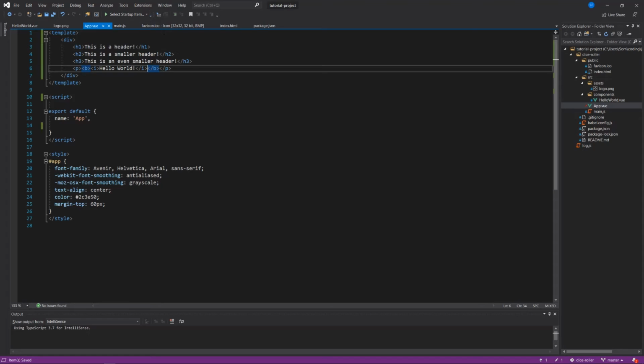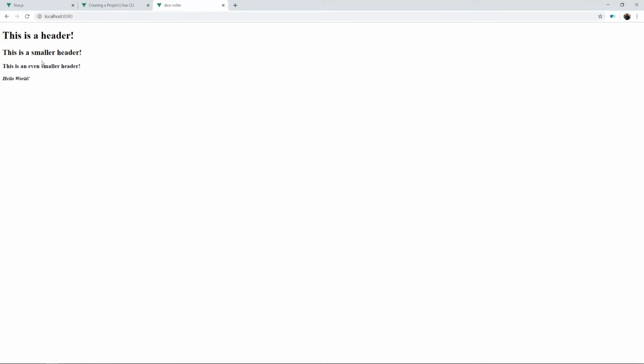So now that I've added both bold, or as we mouse over it, the B element represents a span of text to which attention is being drawn for utilitarian purposes. Whereas the I element represents a span of text in an alternate voice or mood. I really like these tooltips. They're pretty interestingly written. But essentially, these tags allow me to change the styling within a single line,